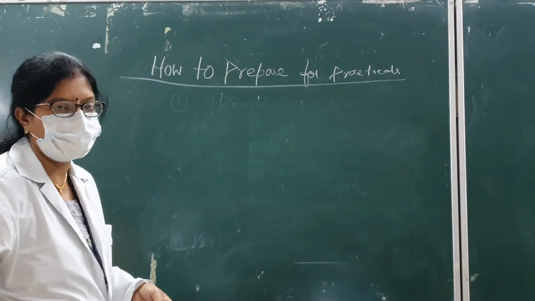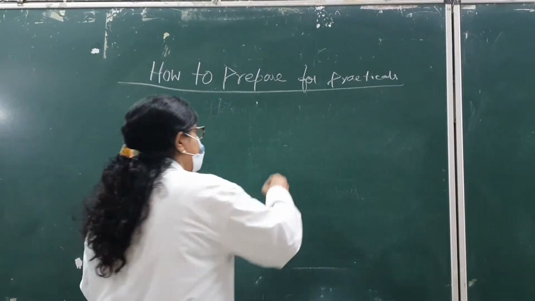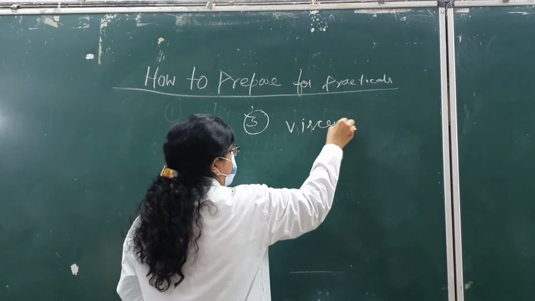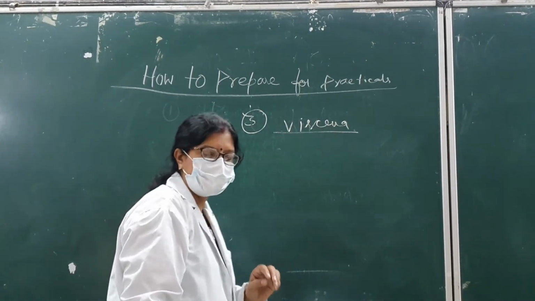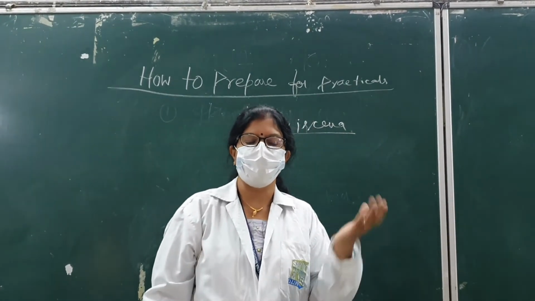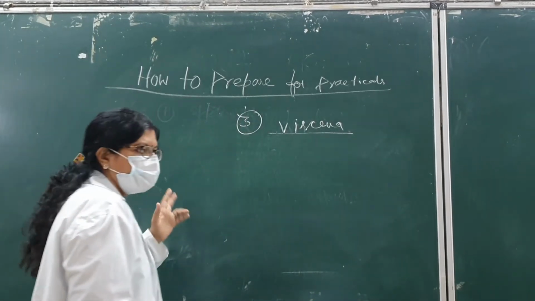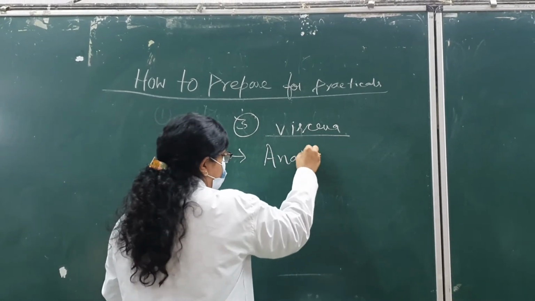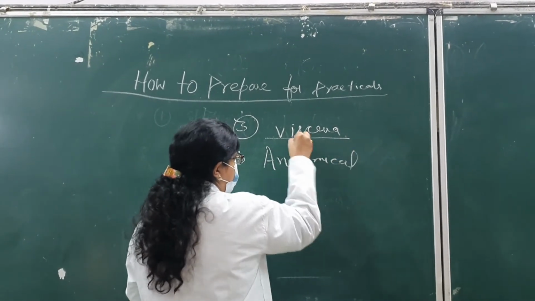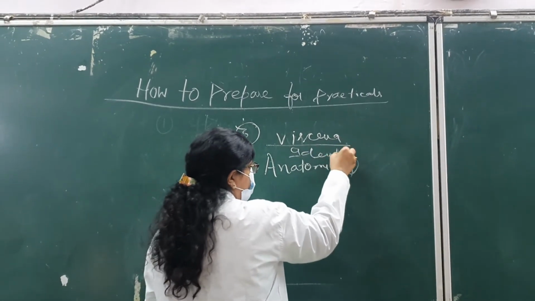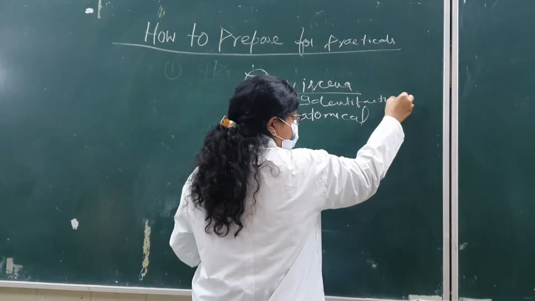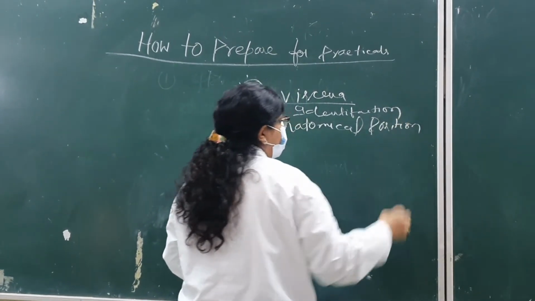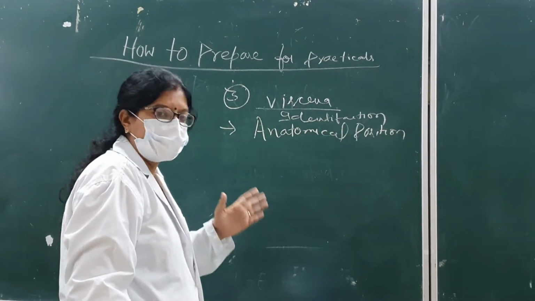One is the bone table, spotting is done. Then the other will be your viscera. I have covered most of the viscera in the class. In the end, I have revised the viscera. You can go through them. And in viscera, what will be the important thing? Identification of the viscera is the first thing. Which is the name of the viscera? Then anatomical position. What is the position? How you are supposed to hold it? That is the second thing.